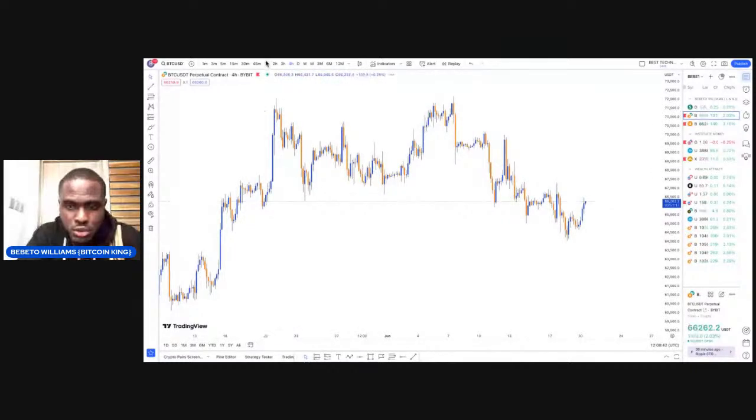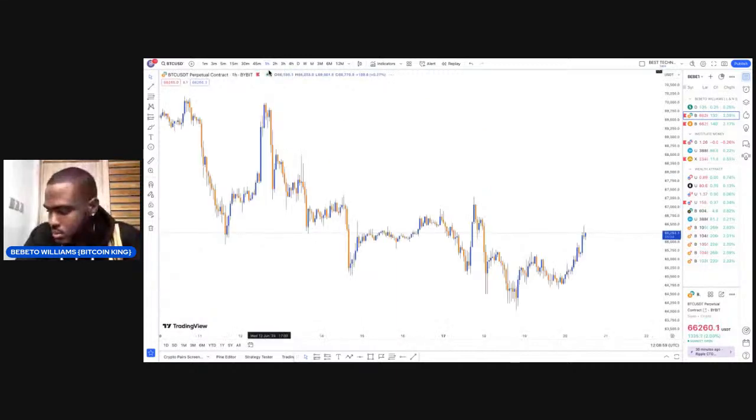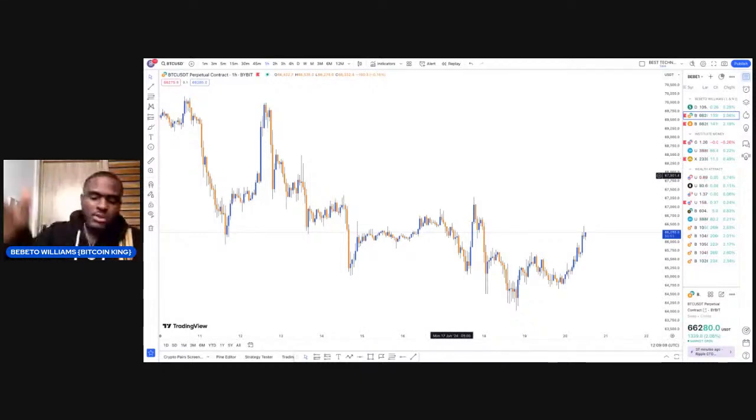Now, what's the 1 hour telling us? You need to understand the structure of the market on the 1 hour time frame. That's what we go over to now, because that is the current trend of the overall trend. So we'll come over to the 1 hour time frame to understand what it's telling us to do. Okay. So now the 1 hour time frame is giving you a buy structure clearly. So the daily time frame is saying sell, 4 hours is saying buy, 1 hour is saying buy. So how do you go about it?